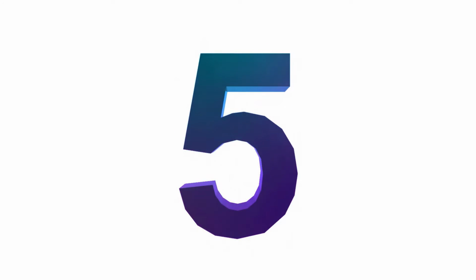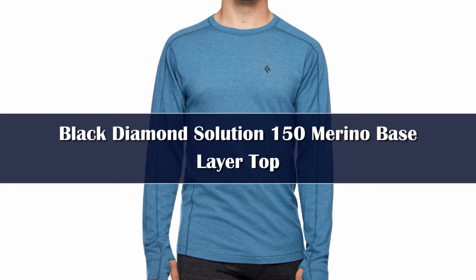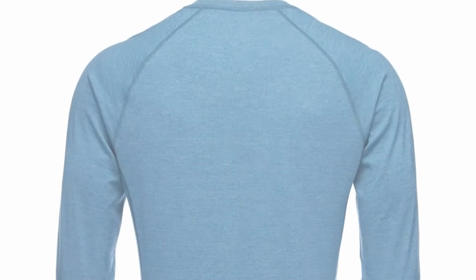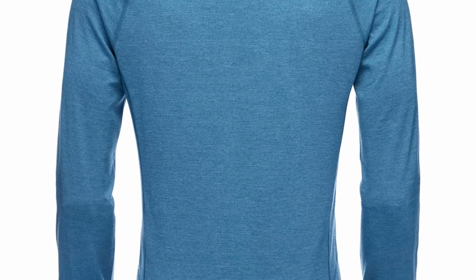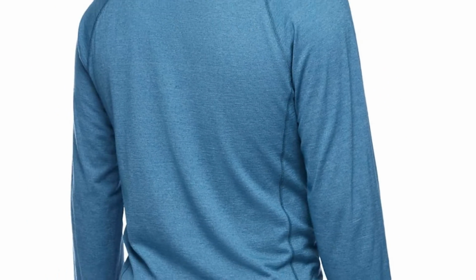Number 5. Wool polyester blends are becoming more and more popular. Leveraging the best of both worlds, they're warm, manage sweat, and dry quickly. Black Diamond Solution uses new iron material, spinning ultra-fine merino wool around a synthetic core. We found the materials dry quickly, reputed 5 times faster than pure merino fabric, which can hold up to